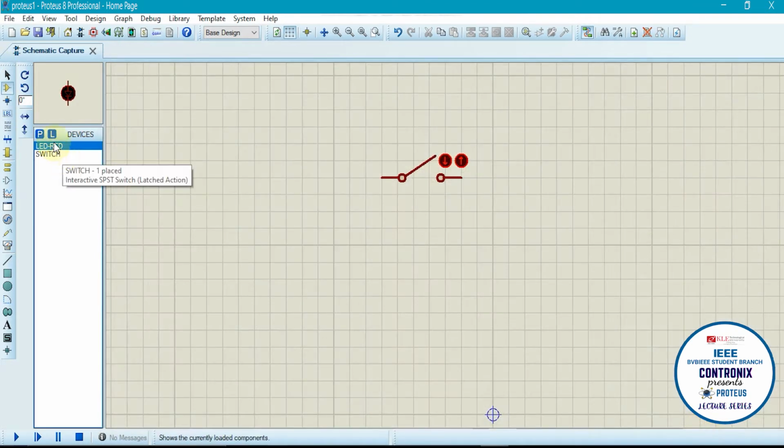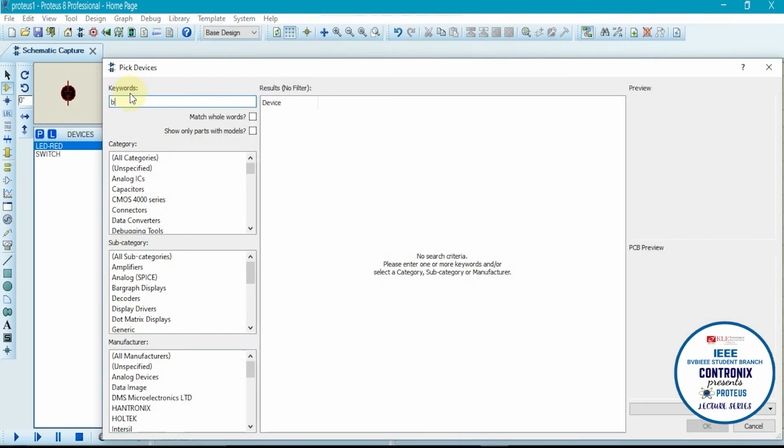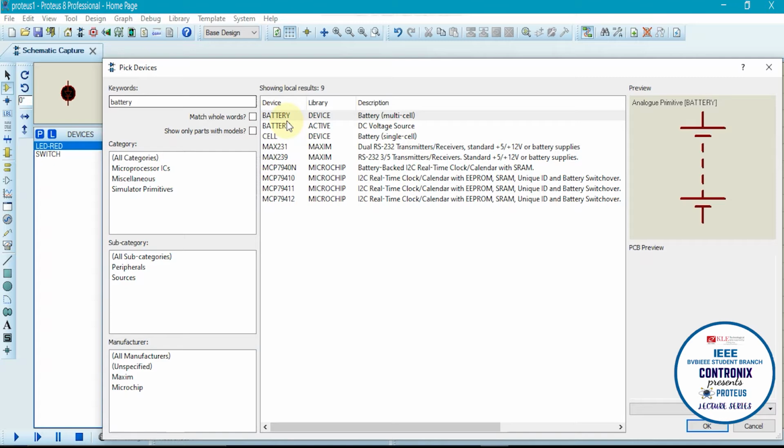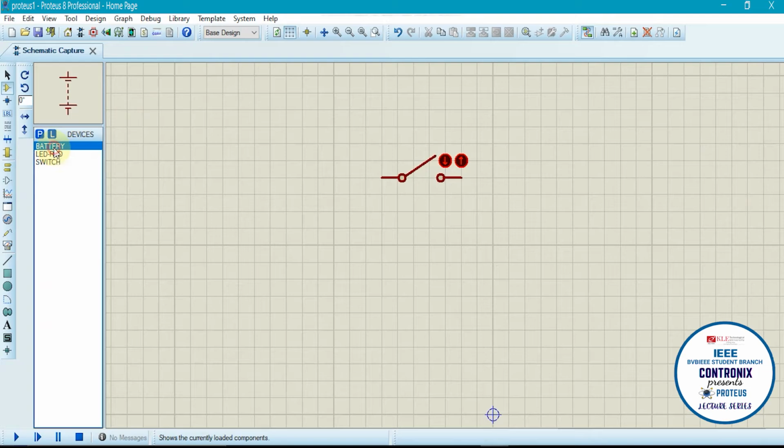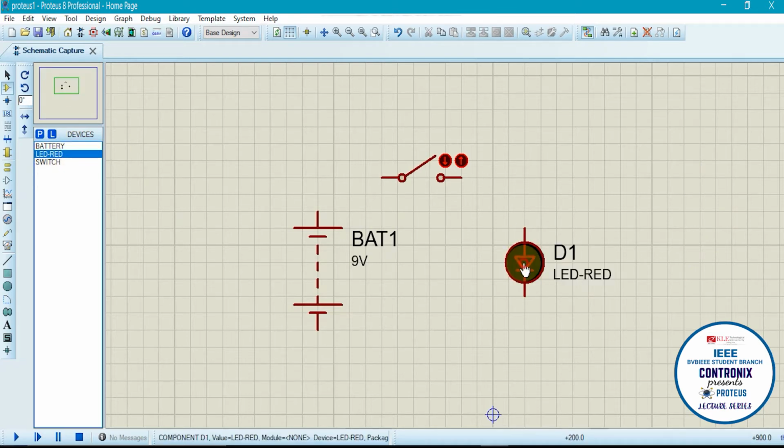We have placed it, and to glow it, we will use a battery. We will use a simple multi-cell battery here. Now I have all the components. Just pick and place it here, and the same with this red LED, I will pick and place it here. Now to join these, I will just click on the first edge, and you don't need to drag, just click on it and click here again. Then click, and one more click, again click and click.